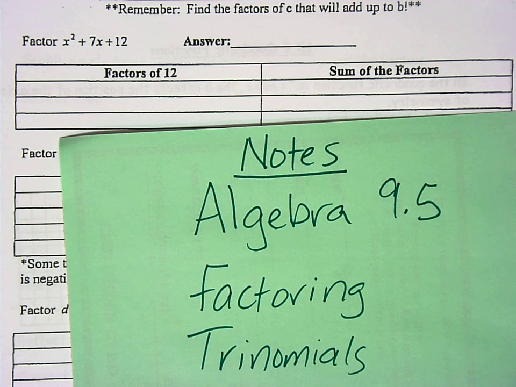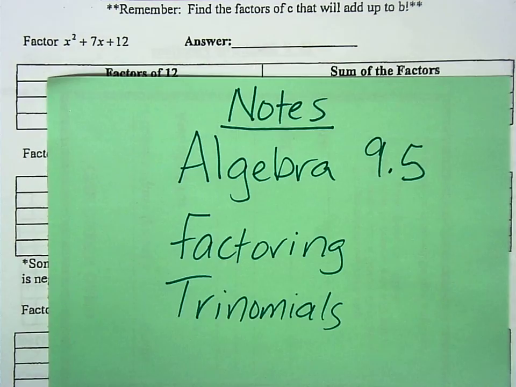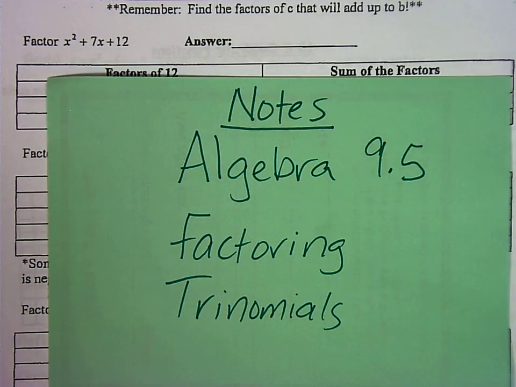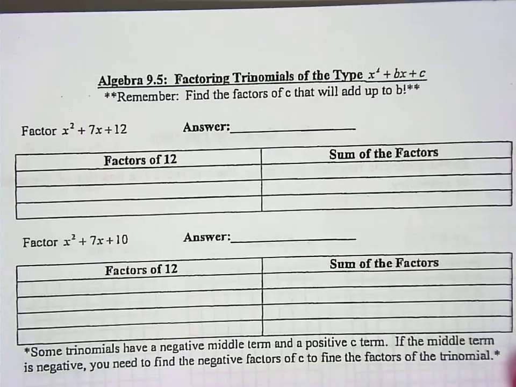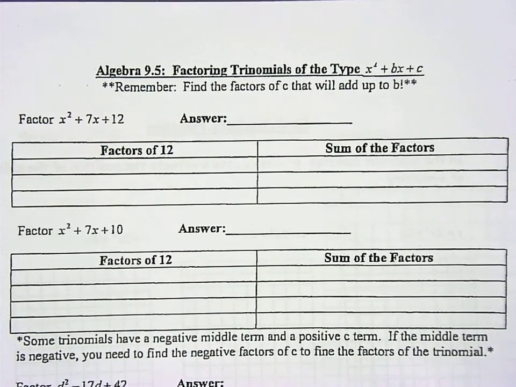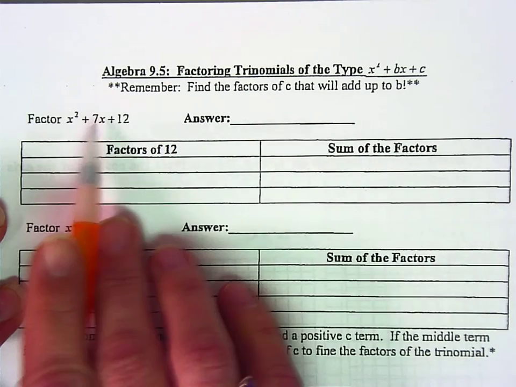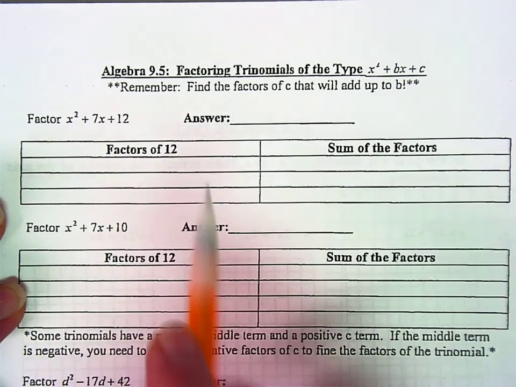Okay, today we're taking notes on Algebra 9.5, which is factoring trinomials. If you take a look in your notes in the middle of your packet. Here we go. All right, so when we're taking trinomials like x squared plus 7x plus 12, big thing to